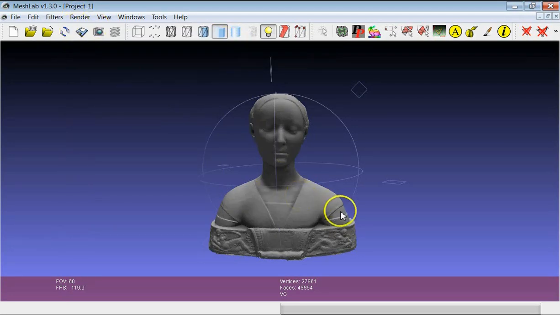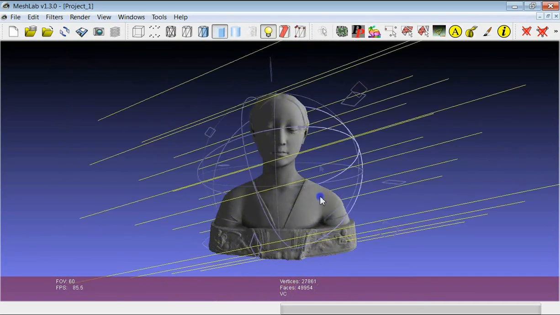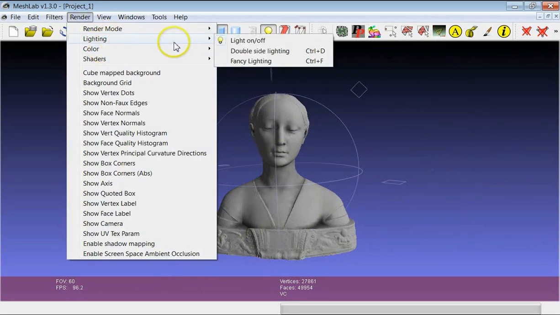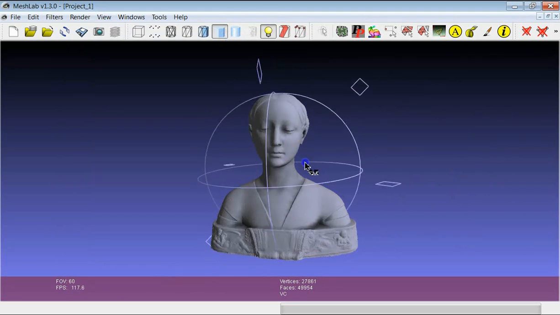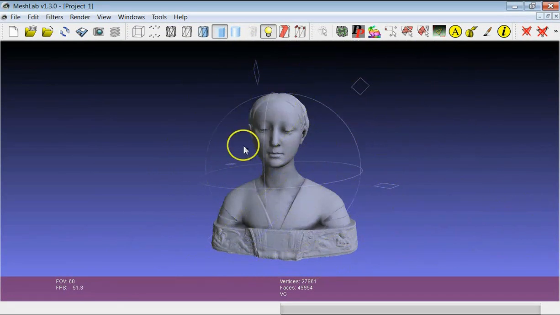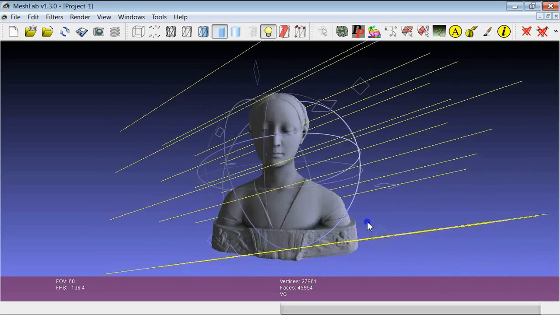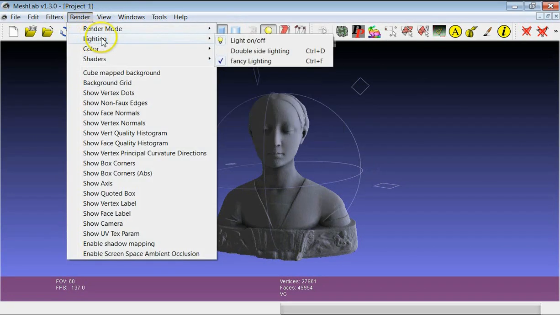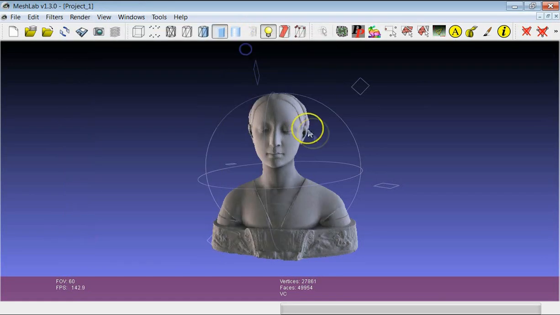And the last thing is the so-called fancy lighting. In the fancy lighting, you can set up a bit different lighting condition by, for example, defining two different colors of the light coming, for example in this case, one from the right, one from the left side. So I can switch back to double side lighting,